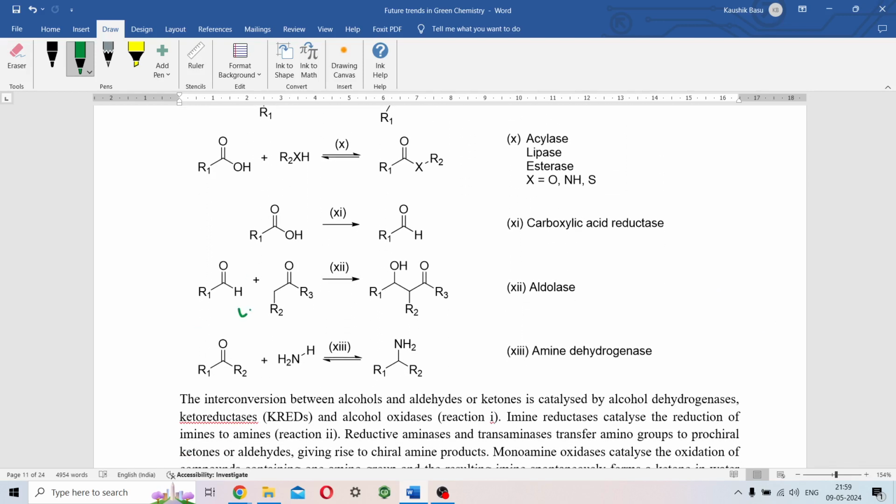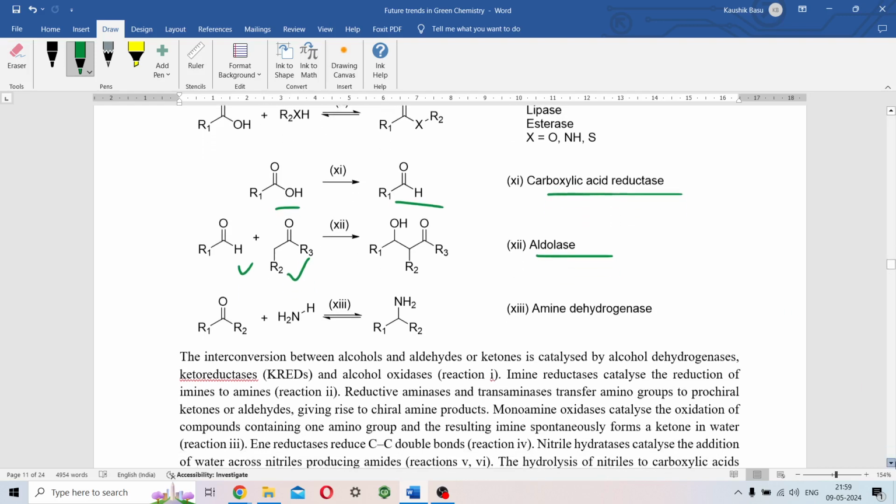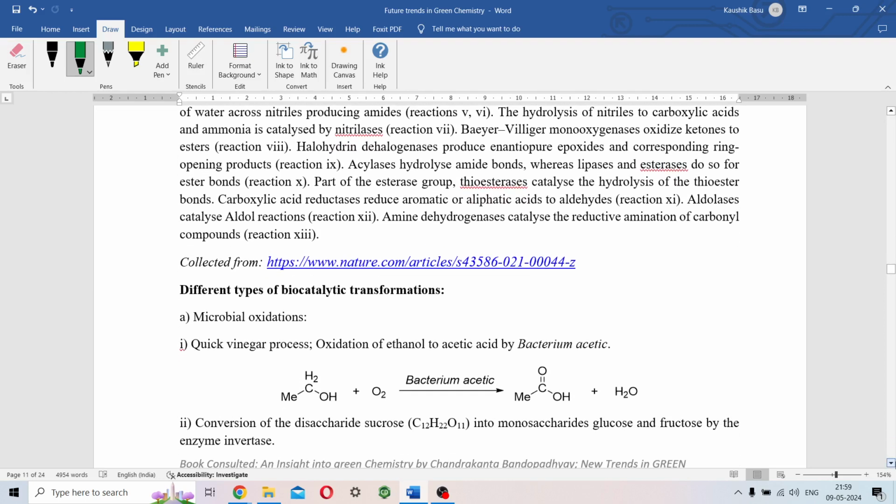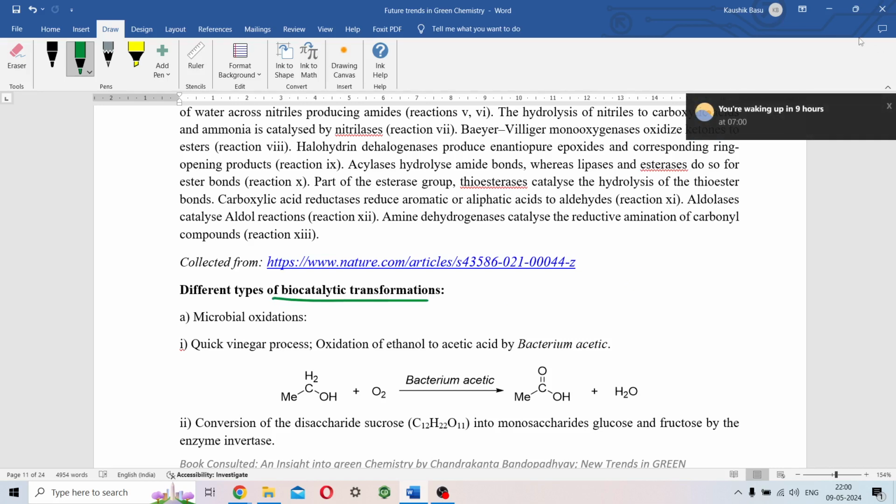সো এই টেবিলটা একবার কুইকলি দেখে রেখো। যেমন এই ধরো এটা একটা অ্যালডোল রিয়াকশন, তো এই নাম হচ্ছে অ্যালডোলেজ। ওকে, কার্বক্সিলিক অ্যাসিডকে রিডিউস করে অ্যালডিহাইড করছে, তাহলে নাম হচ্ছে কার্বক্সিলিক অ্যাসিড রিডাক্টেজ। খুব ইম্পর্টেন্ট নয় এই টেবিলটা, বাট ফর আ কারসারি গ্লান্স নিশ্চয়ই দেখে রাখতে পারো। এবং এর পরের ক্লাসে আমরা এই ডিফারেন্ট বায়োক্যাটালিটিক ট্রান্সফরমেশনগুলো নিয়ে ফিউ এক্সাম্পলস আলোচনা করব, কারণ এখানেও বহু হাজার এক্সাম্পল রয়েছে। সব আলোচনা করা এই ক্লাসে সম্ভব নয়।